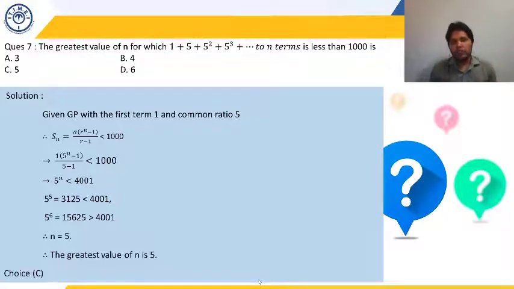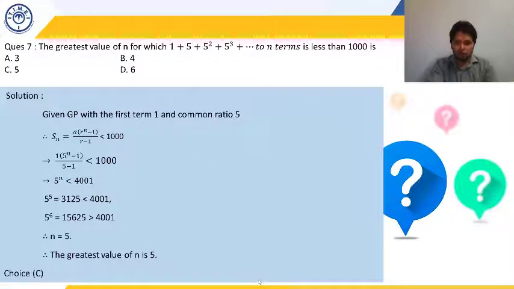But can we do this question without doing all this stuff, without using the GP concept? Yes, we can do it. This is a very easy question, because we know for the answer we have to add at most 6 terms. So what is going to be the term? First term is 1, plus 5, 5 square is 25, 5 cube is 125. At least we have to take these terms. And the next term is going to be 5 to the power 4, which is 625.